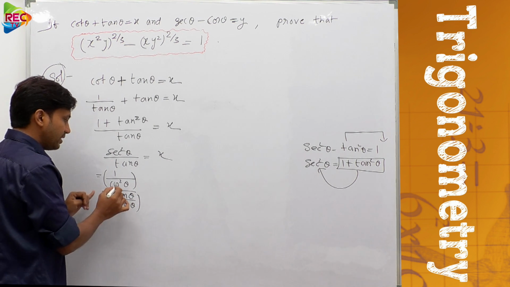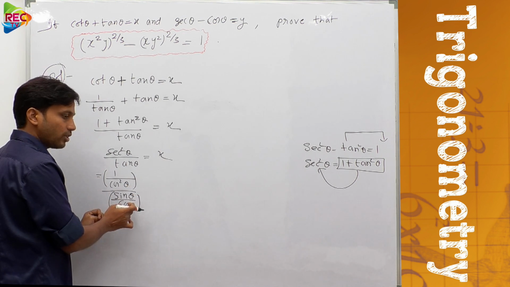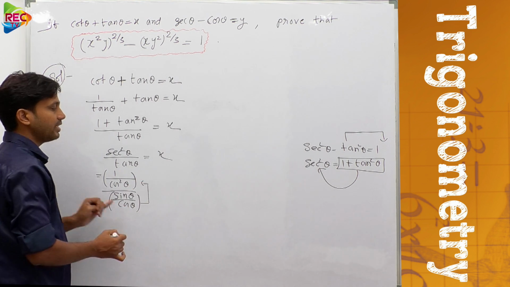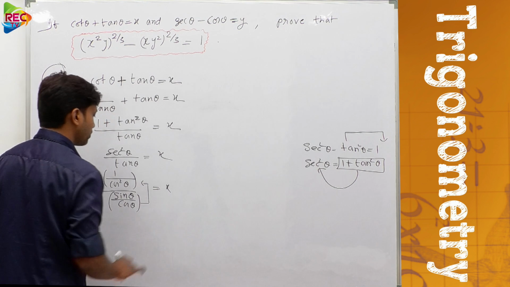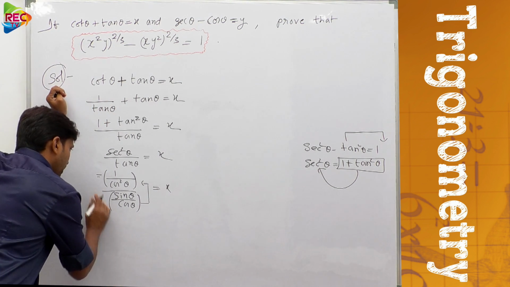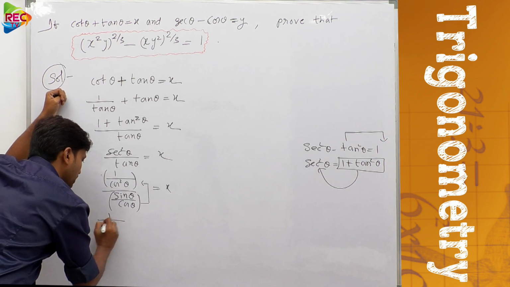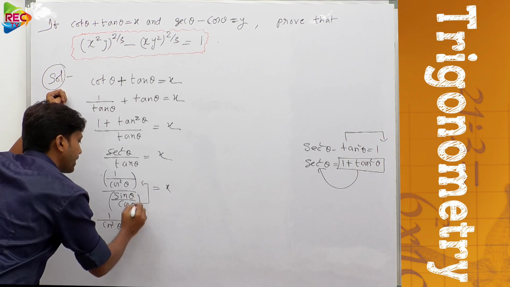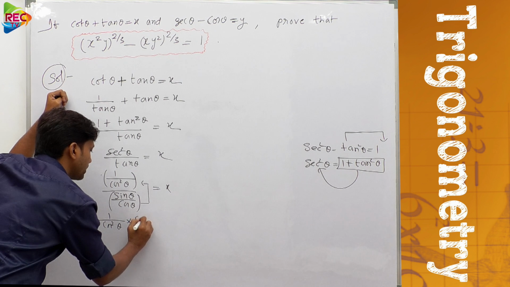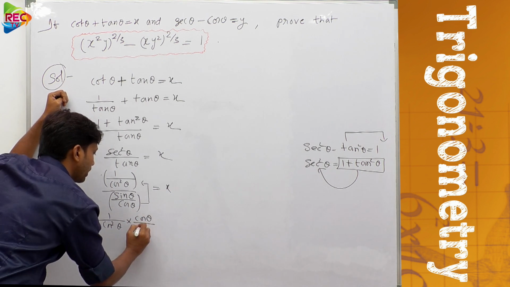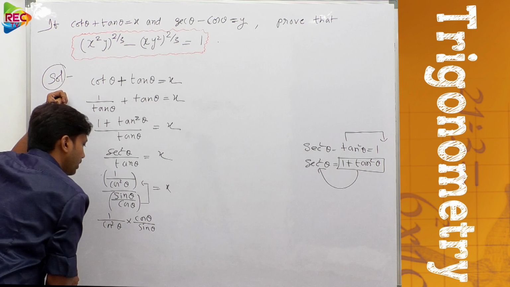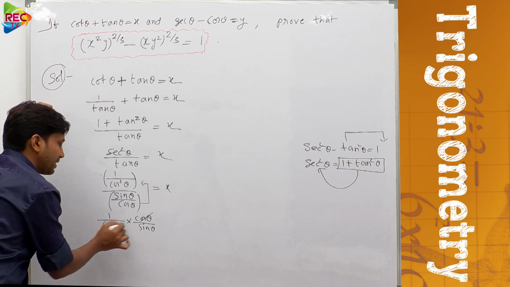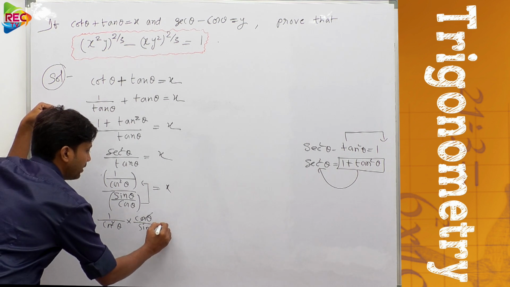Now here, since numerator is also a fraction and denominator is also a fraction, the fraction in the denominator gets inverted. Okay, this is equal to x. Okay, so now what happens? See this 1 by cos square theta into, here cos theta goes up and sin theta comes under the denominator. So cos theta, this gets inverted, sin theta. Now here cos theta is there in numerator and cos square theta is there in denominator, so we can cancel one of the cos theta. What is left over then?